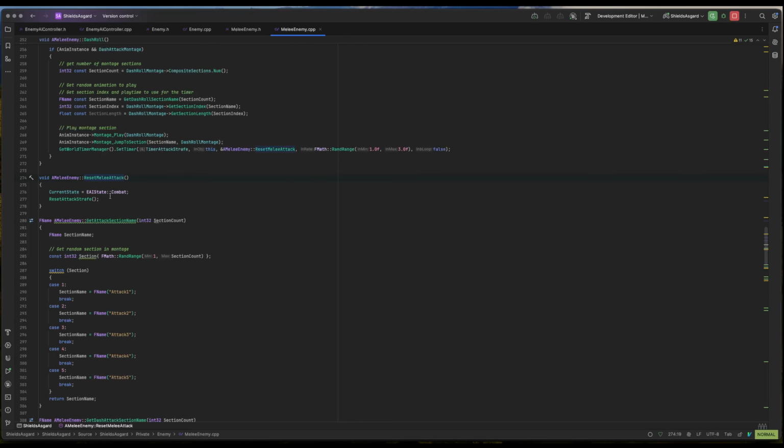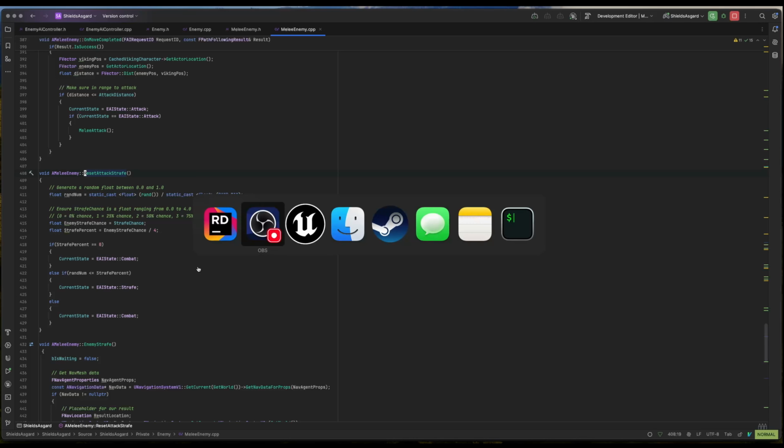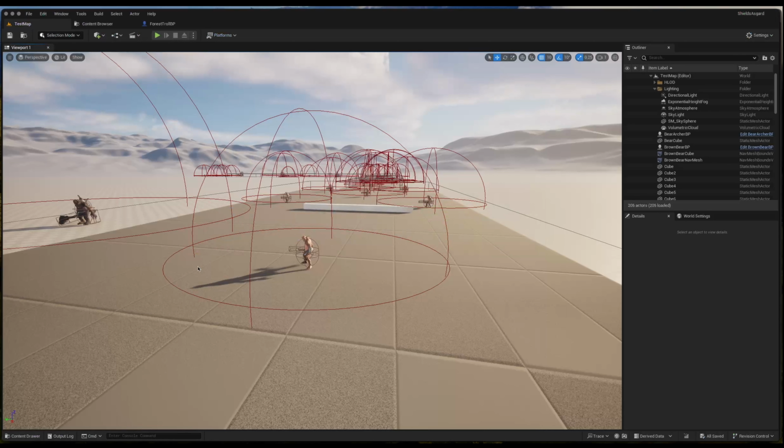We go back into the combat state and then reset the attack, strafe, generate random float between 0 and 1. This is just a random float if you have a 25% chance for the enemy to strafe, or 50 or 75, 100. I might do this a little bit different, but this is how I have the enemy AI system set up. And if we go into the editor,